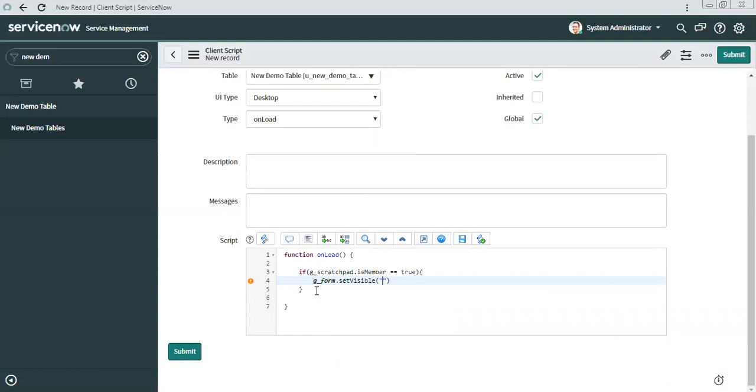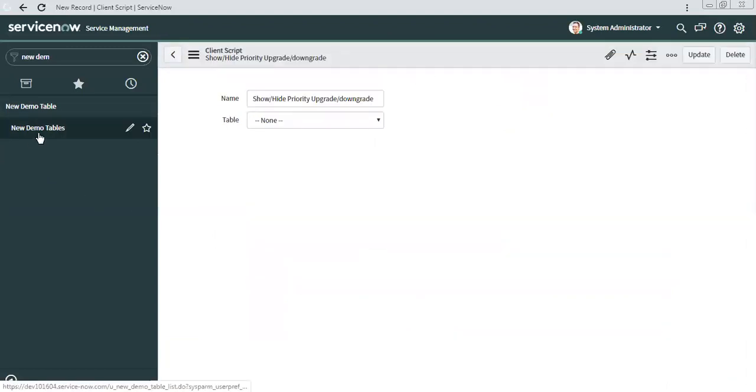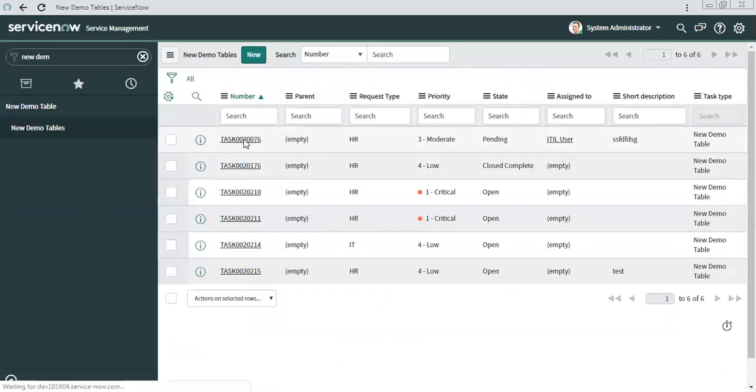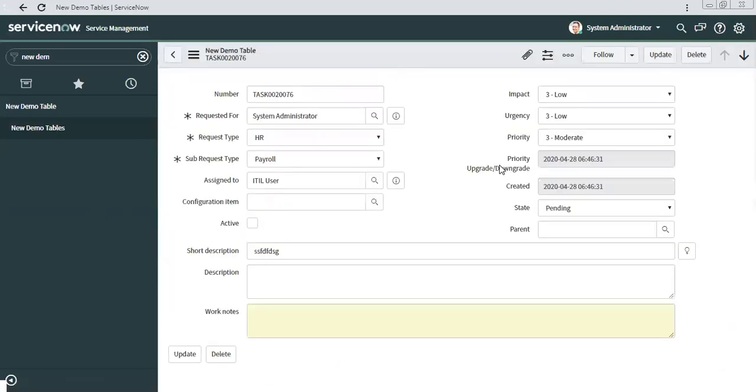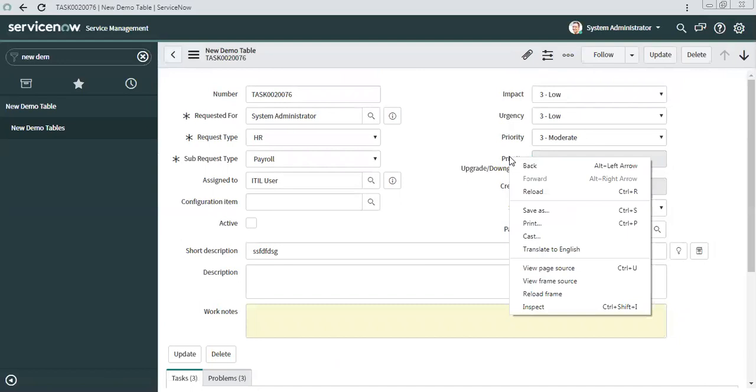And then the field name, the value of it. So true or false we have to pass there. I just want to get the label of the field.